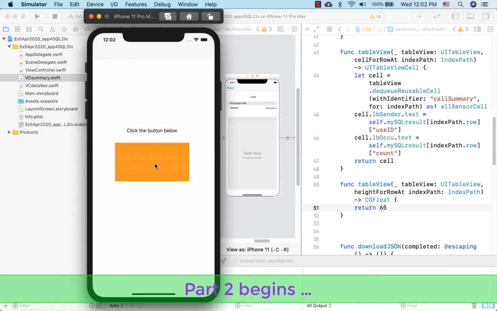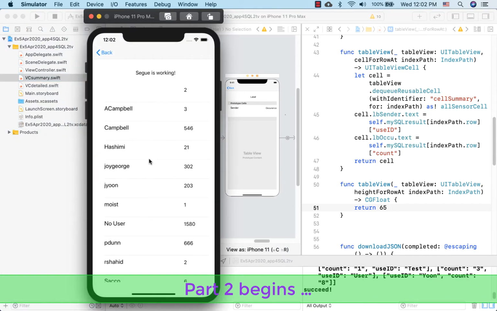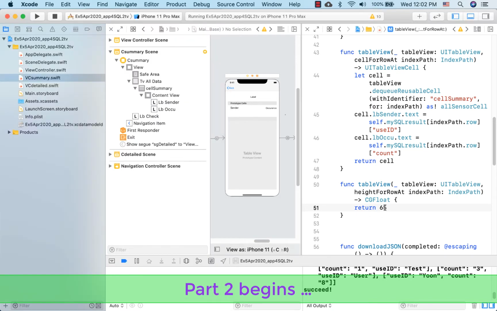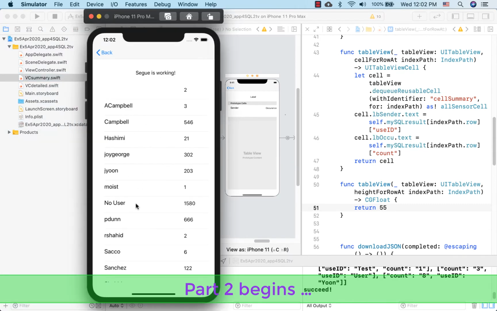So when you click this, then it goes to the next, the summaries of all those data. This is a little wider, so if you want to reduce that, for example, rather than 65, let's say 55, and see how it affects. A little narrower, right? Okay,